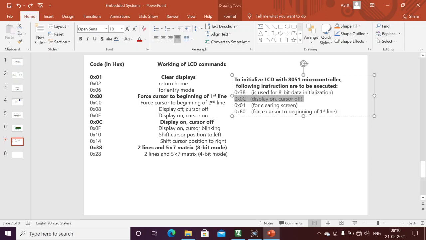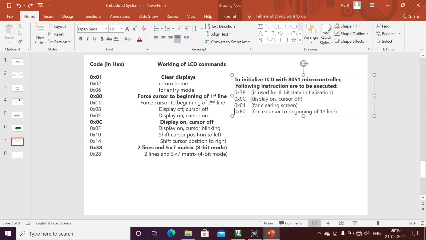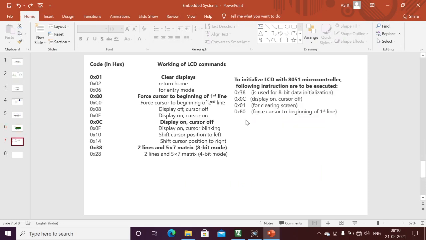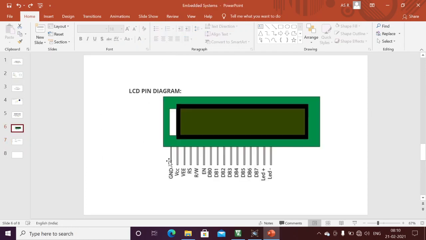0x01 means I can clear the complete already displayed data. 0x80 is the beginning of the first row, the address of the first row. For example, if I give the 81, I am going to display from here onwards, I am specifying the address of the LCD. These four commands are required to initialize our LCD. From here onwards, I can use the 0x01 for clear. If I want to display new data, for the first row I can use this one, and for the second row I can use this one. Mainly these commands are enough to use this complete 16 into 2 LCD.